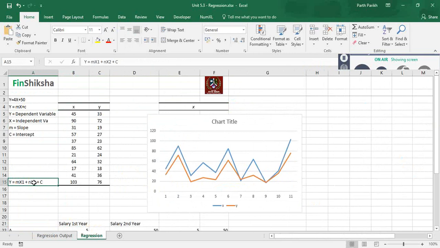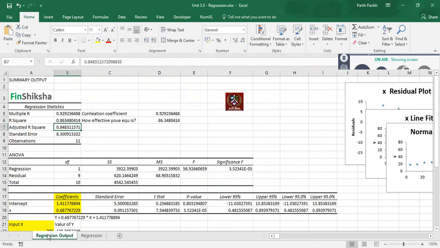Obviously when you have more variables, your R square will increase. But if there is a high dependency between x1 and x2 within themselves and not on y, then your adjusted R square will decrease. So when you have more than one variable, you have to check both in sync. If the relationship between independent variables is higher, the adjusted R square is lesser while the R square is higher. This is called multicollinearity.